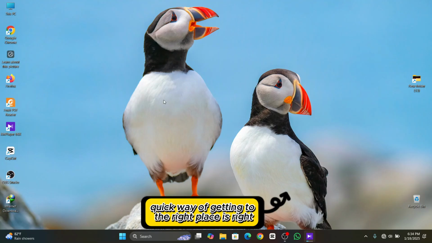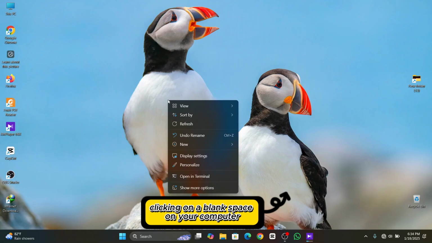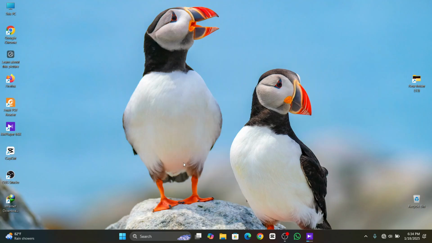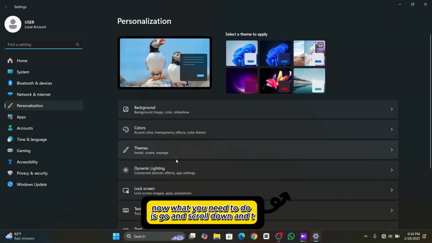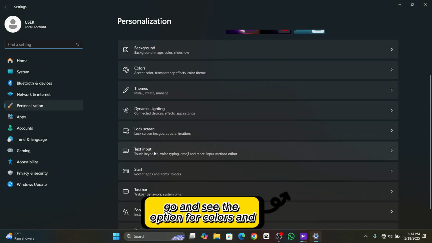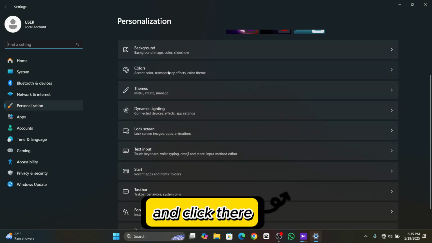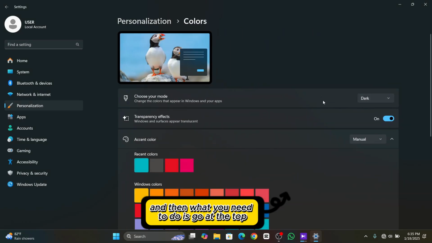A quick way of getting to the right place is right-clicking on a blank space on your computer, and you can then click on Personalize like so. Now what you need to do is scroll down and see the option for Colors and click there, and then at the top